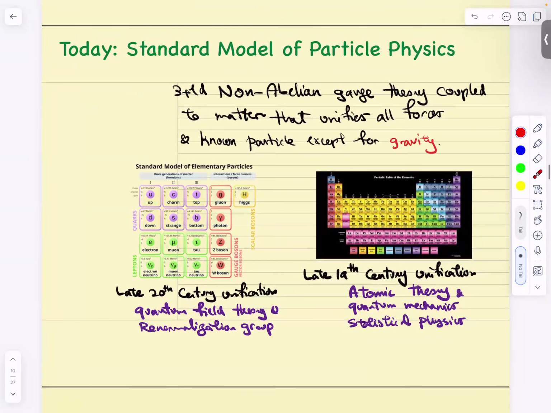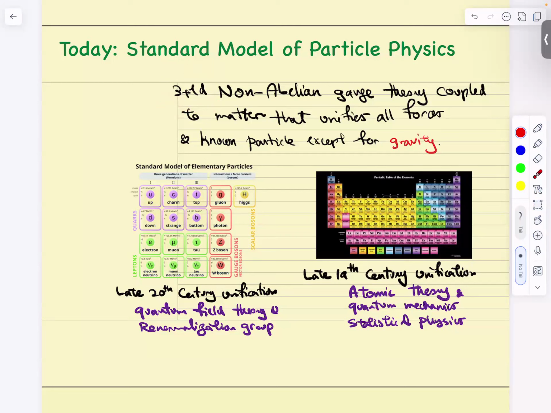I will be coming back to axial anomaly when we talk about anomaly cancellation within the Standard Model, and that's lecture 4 of the Standard Model. But for now, we're going to switch gears. So what is the Standard Model of particle physics? It's a 3+1 dimensional, now you guys are in QFT2, I can say these words,